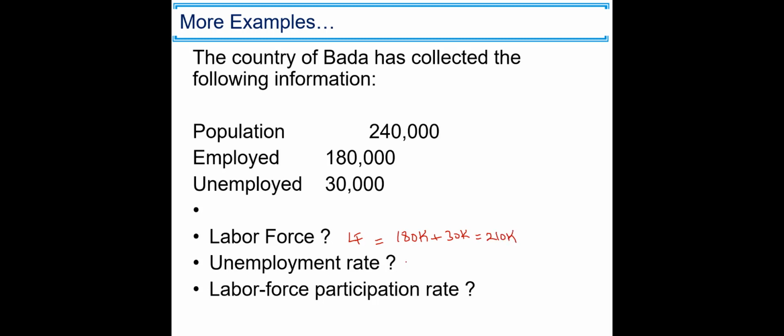What is the unemployment rate? The U rate is equal to 100 times the unemployed people, 30k, divided by 210k, which is the labor force, and that is 14.28%. And finally, the labor force participation rate is equal to 100 times the labor force, 210K, divided by 240K, which is equal to